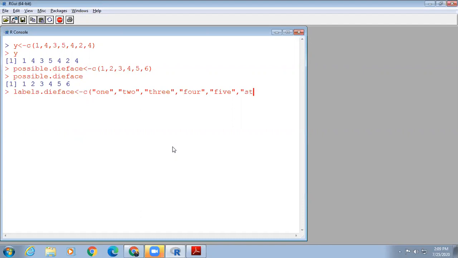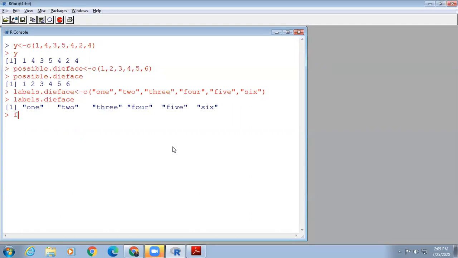So all the numeric values we are representing in the form of strings labeled by the same equivalent meaning. Now you can call the labels.dice. Now you will get all these 6 strings. Now you can see. So the 3 vectors are created now.